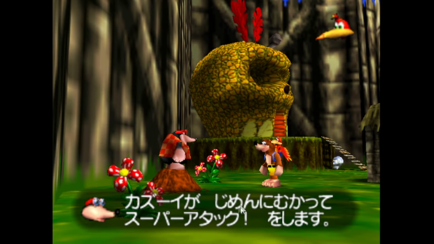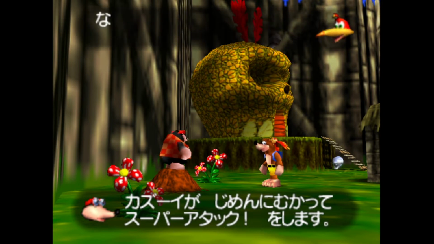So it's just the ground. Jimen ni mukatte. And as we've said, mukau means to face something or to head towards something. So facing towards the ground, super attack o shimasu. She will do a super attack.